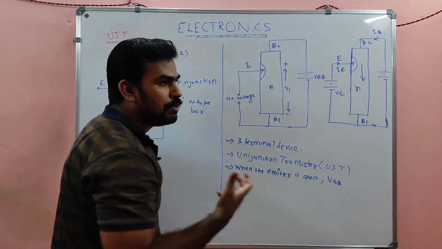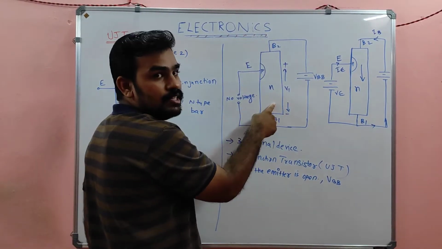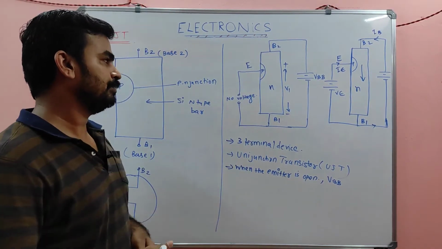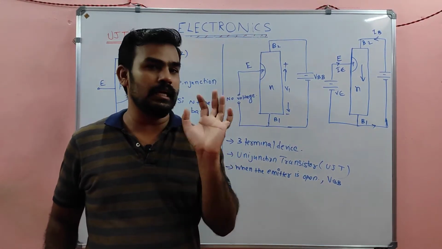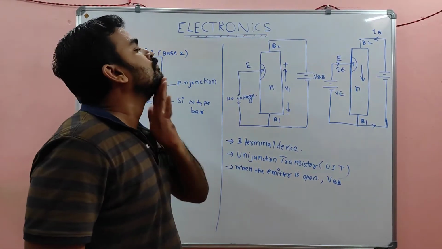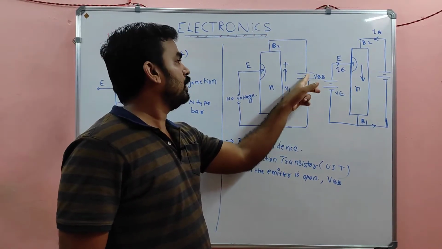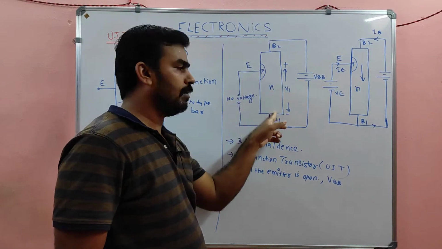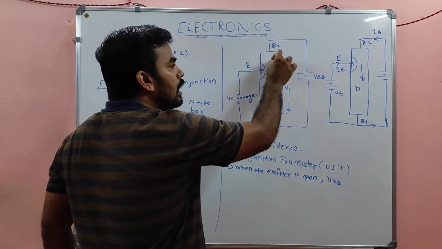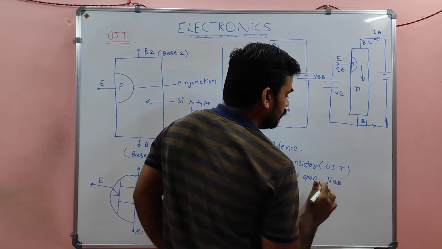So the majority of the resistance will be offered by the long N region. I will tell you once more. Normally this working is slightly confusing, but if you understand this, it will be very easy. Listen my dear, suppose I am applying a voltage VBB here. It will reverse bias the whole N. So there will be high resistance in N, because when the emitter is open,